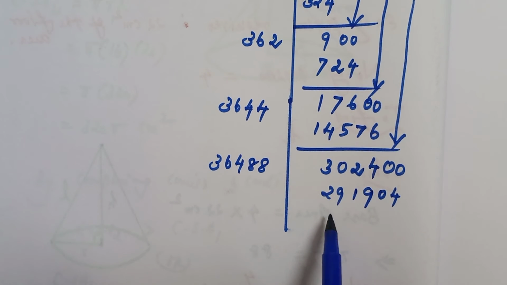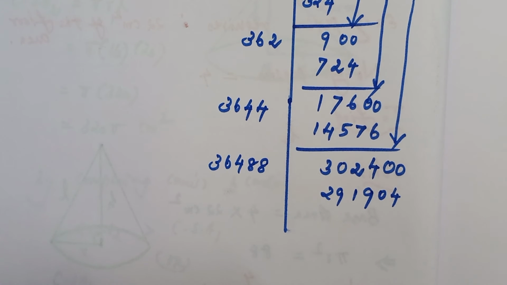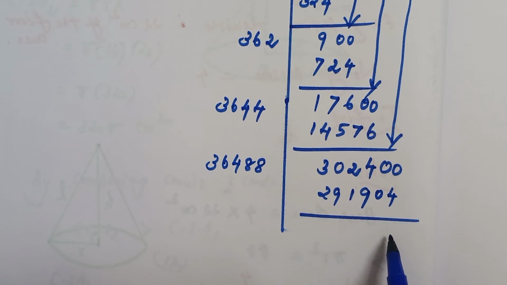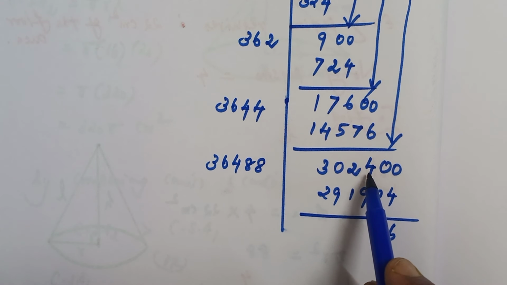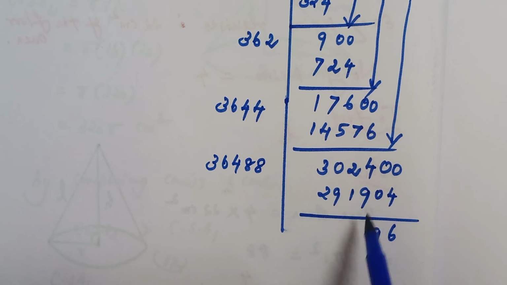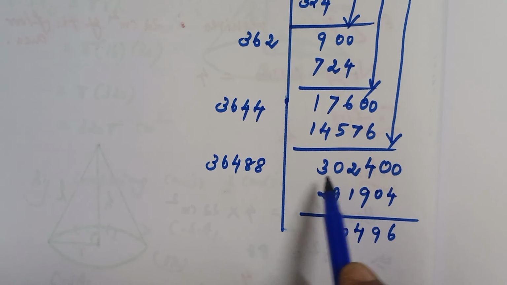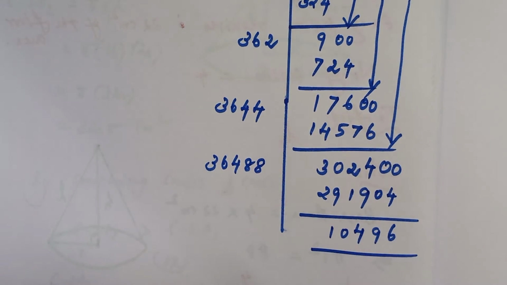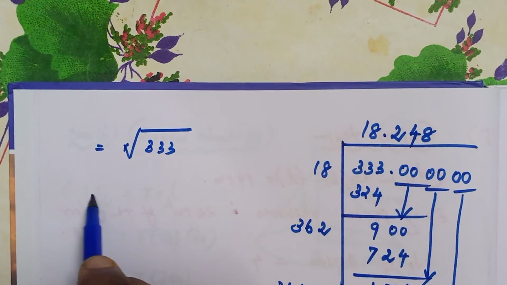Look at that. Nearer to that, 3 lakhs 2,400. Correct. We have to subtract now. 10 minus 4 is 6. Here 9 will be there. 9 minus 0 is 9. Here 3 will be there. So I have to borrow, 13 minus 9, that is equal to 4. 1 will be there. 1 minus 1 is 0. Here 0, I have to borrow here. So 10 minus 9, that is equal to 1. 2 minus 2, that is equal to 0. It is enough. So 18.248.